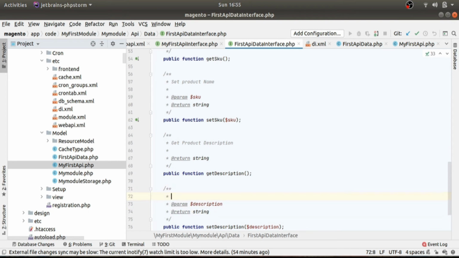Then implement this getter and setter in our model code, which is the FirstApiData class.